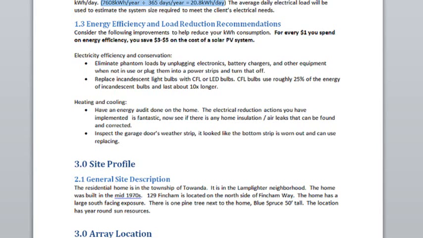But here's the thing that you really want to do. Tailor 1.3 to the home. I did a site assessment a few years ago, and I noticed that the garage door was leaking air. I felt a draft when I walked up there, so I just had a feeling that that older door was leaking. And I said, well, you can do solar. I'm not going to dissuade you from it. I certainly wish you to do that. But